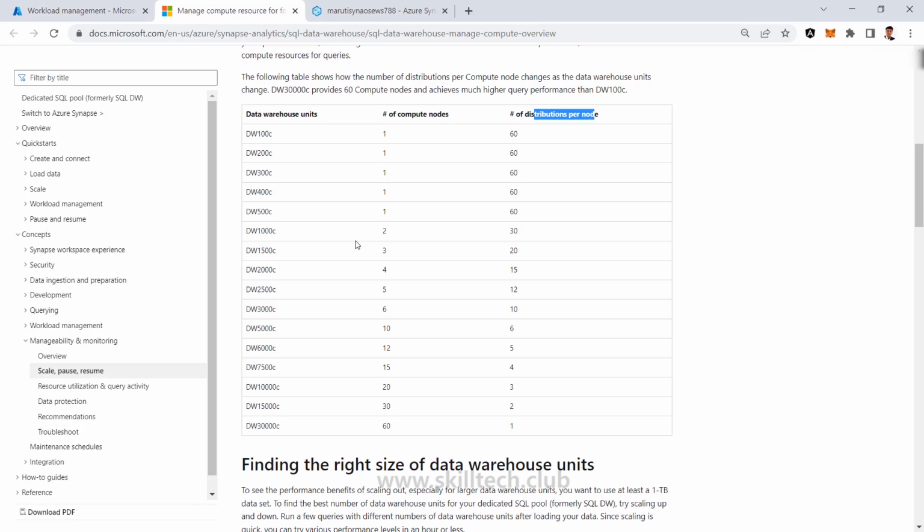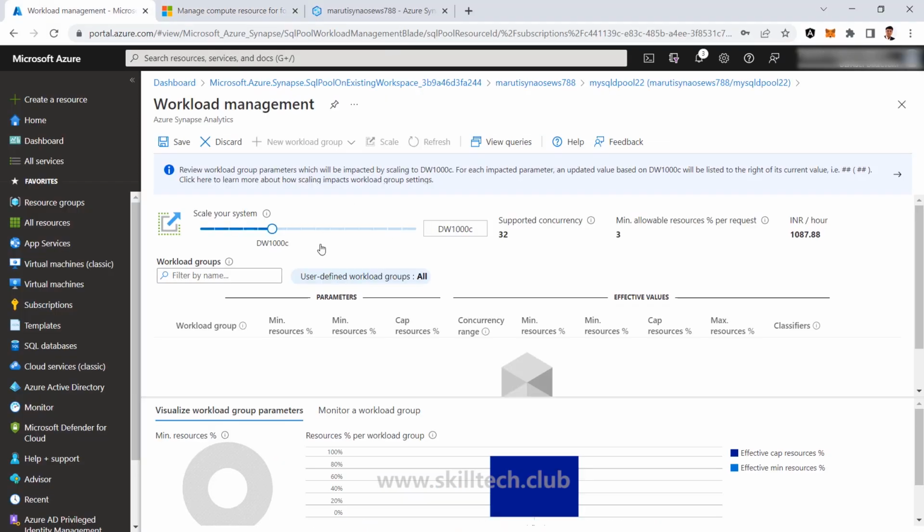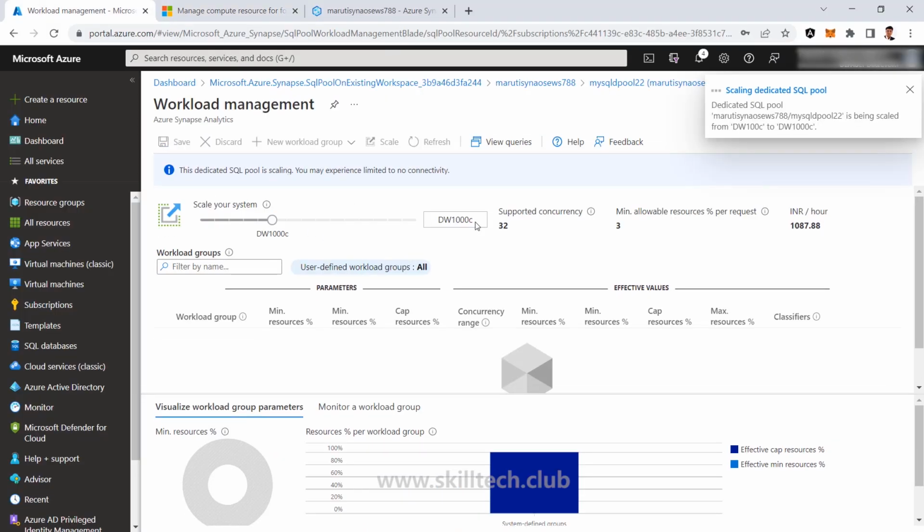Remember, as per this table, when you go to DW1000C, this is going to be a scale out architecture where horizontal scaling is going to happen. And now I'm going to have one more compute node associated with this. So it's not going to be only one compute node, it's going to be two this time. If I scale out to DW1000C and then save it, this is going to take some